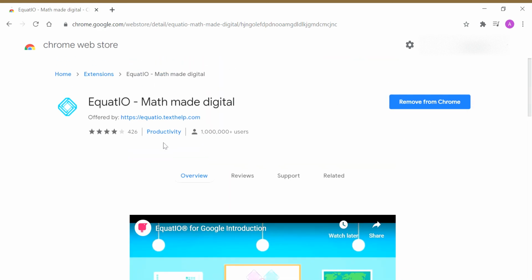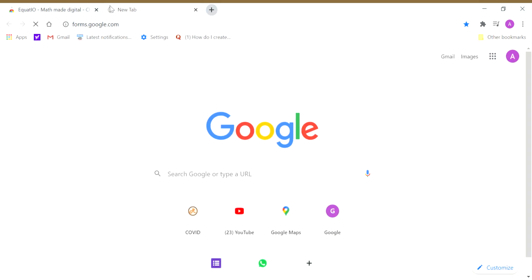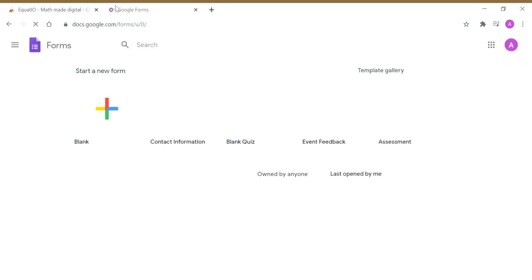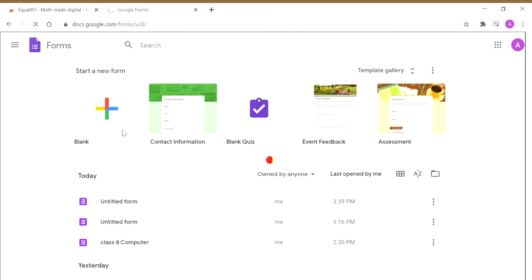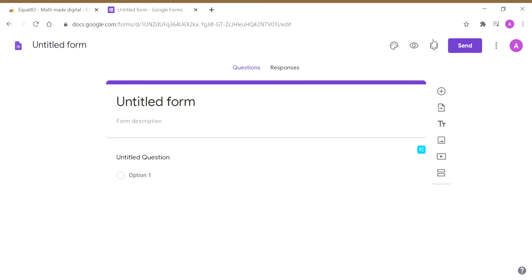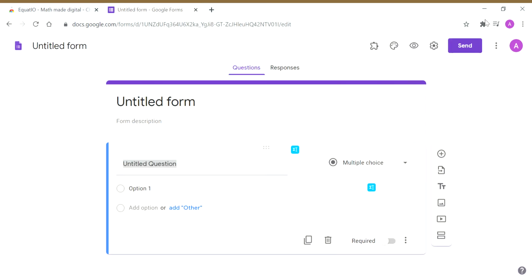After you install it, I have already installed it, you can open Google Forms. Now see, I will be opening a blank form. Here, under extensions, My Equate, if you are using it for the first time, will ask for permission, which Google account you want to link. Make sure that this will be activated for only 1 month.